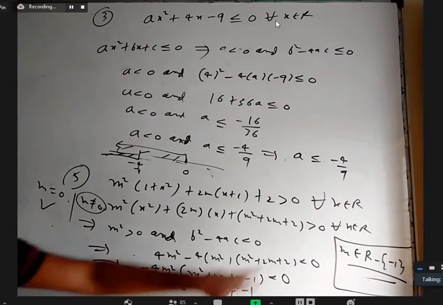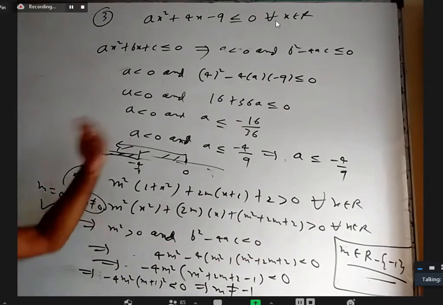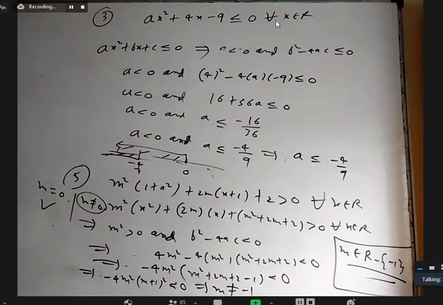Okay, it is not that here greater than 0 is there, so why I wrote less than 0. There is no connection like that. What we are saying is, if you want a quadratic expression to be always positive, it should be an upward parabola completely above the x-axis. Or it is never 0, means roots are complex. That's why b square minus 4ac is less than 0. And a should be positive. Okay, sir.